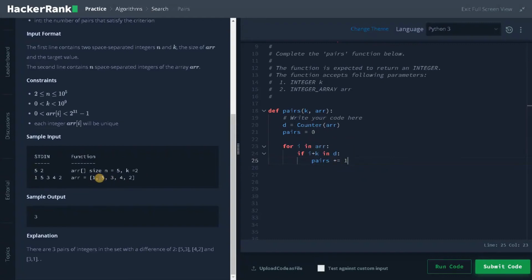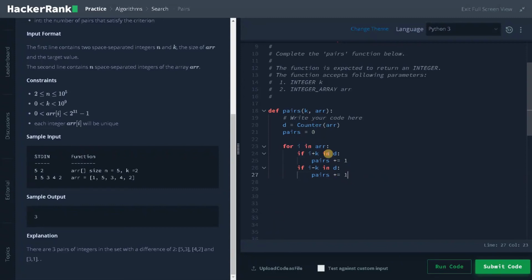Similarly if I consider 5, I will say if i minus k in d, that means 5 minus 2 is 3. Here also we will check whether 3 is available in the dictionary. If it is available we will increment the pairs by 1, so pairs plus equals 1.